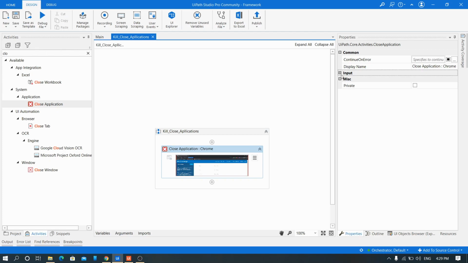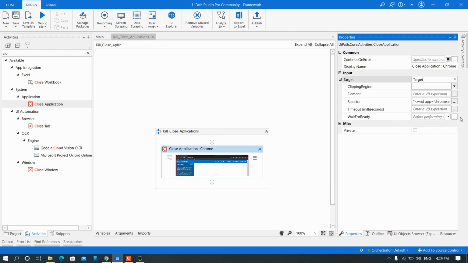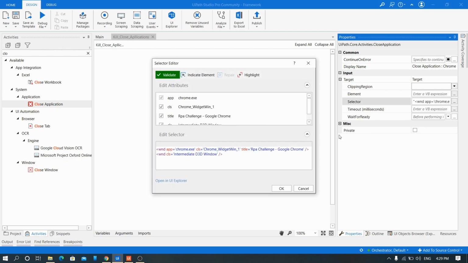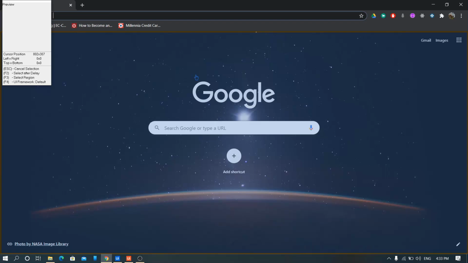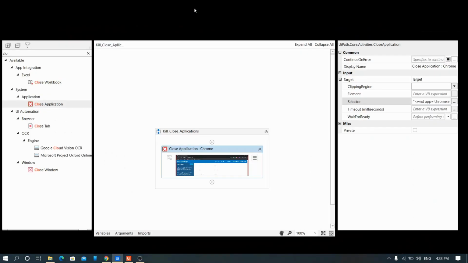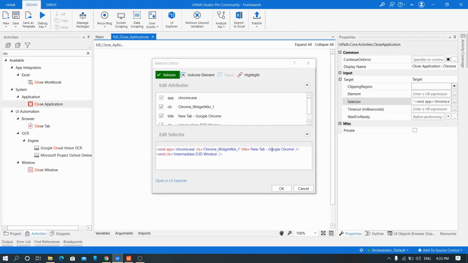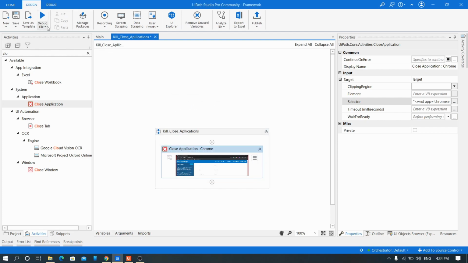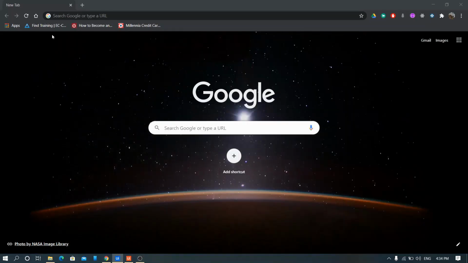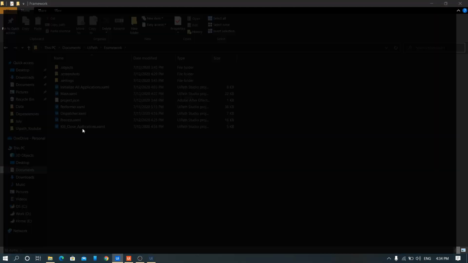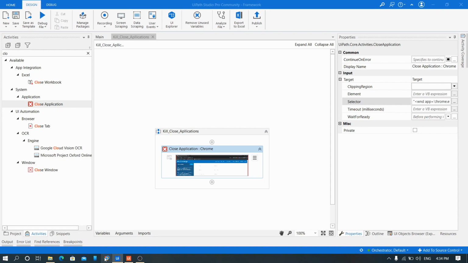Chrome, and let me just tweak the selector part in this. Yeah, I'll just remove this part off. Validate. It does the job.